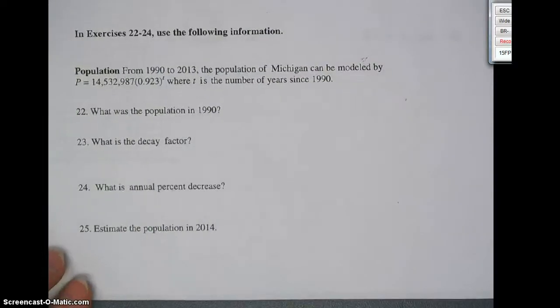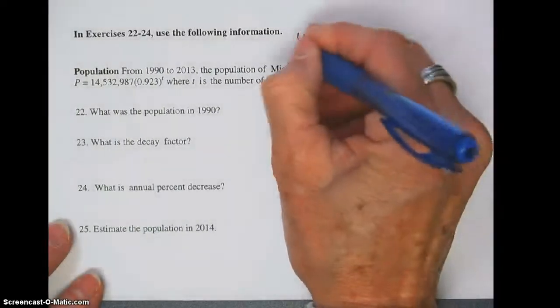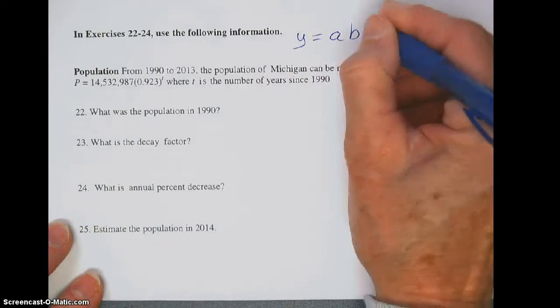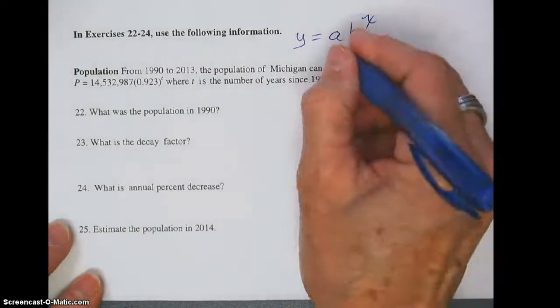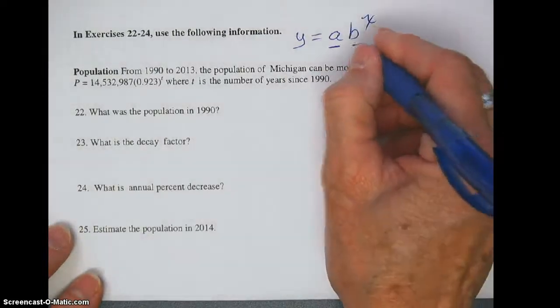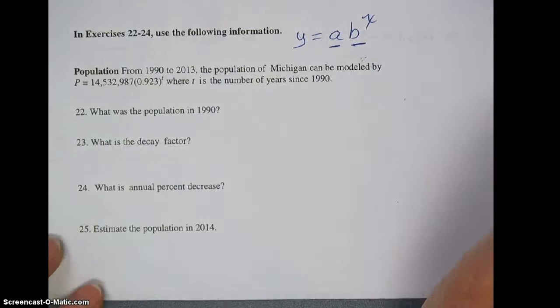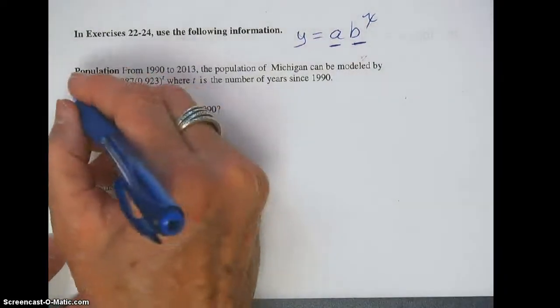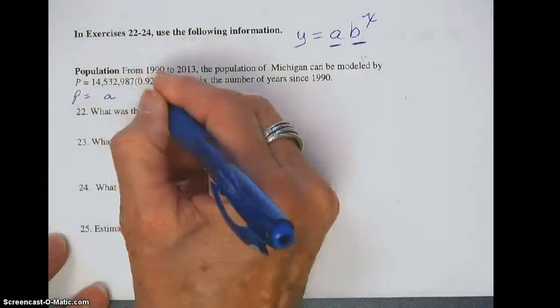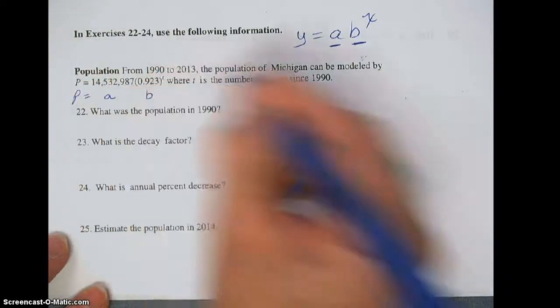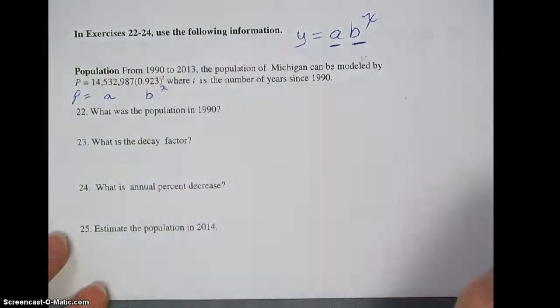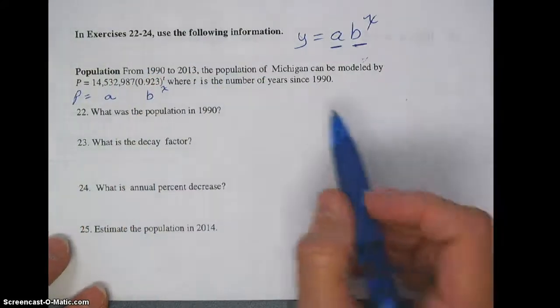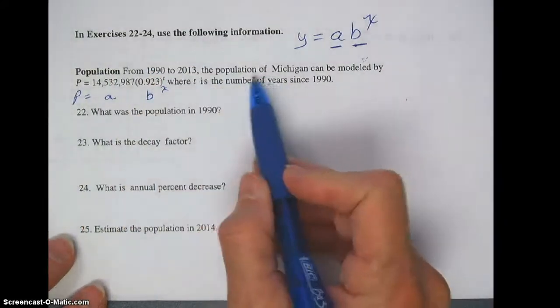The second word problem that we dealt with was just a plain old a, b to the x, where a is what you start with, and b is your growth factor or your decay factor. So on these problems, I want you to identify a, b, and x is just the time that you compound. So in Michigan,